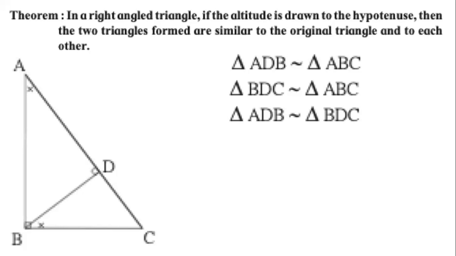Last year, we solved questions where we proved that the 3 triangles that we see here, triangle ABC, the bigger triangle, and the 2 smaller triangles, triangle ADB and triangle BDC, are all similar to each other. We have seen this in different questions, in examples and in the exercise questions also. So we are combining this into one theorem. No one asks you to prove this theorem, but it is used to solve many other questions and to prove many other theorems. And let us quickly look at the proof.